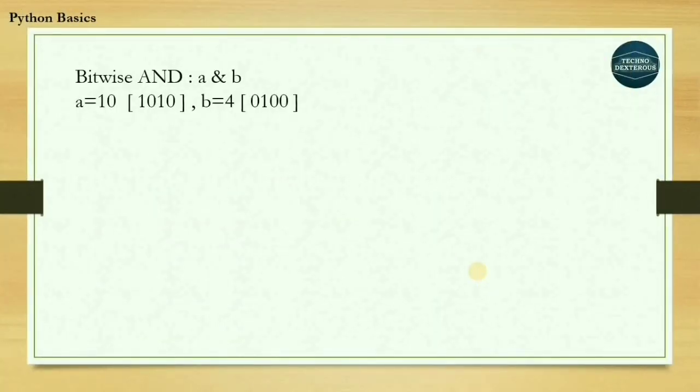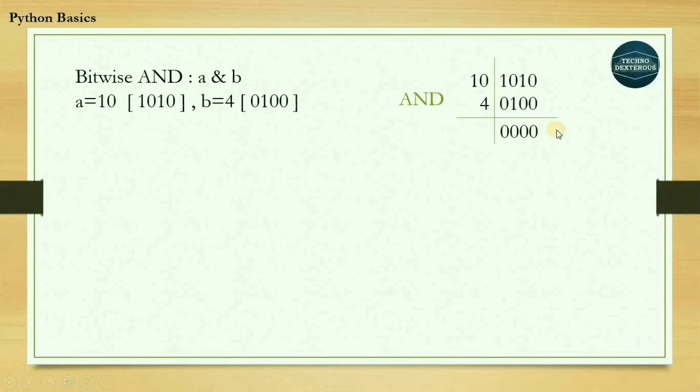For bitwise AND, we are going to arrange the numbers 10 and 4 like this. Here we provide the binary representation of 10 as one input and the binary representation of 4 as another input. So let's do the AND operation on them. Here we are not getting both inputs as 1, so we get the output as 0. The result of bitwise AND of A and B will be 0.